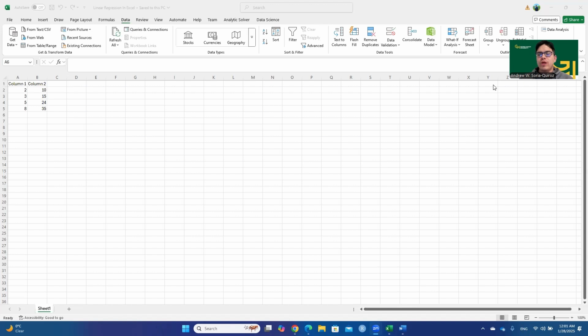This is going to be the linear regression with Excel video. Originally, I was just going to walk you through one way to go through Excel and understand some of the output of linear regression. However, I'm actually going to do something different. We will start by viewing different ways that you can get linear regression in Excel